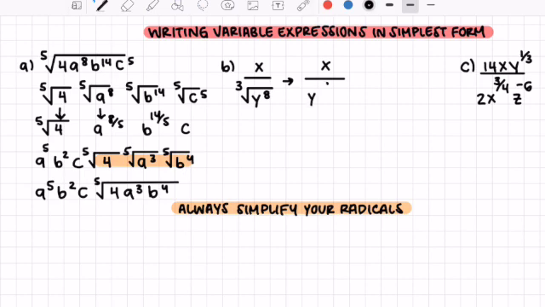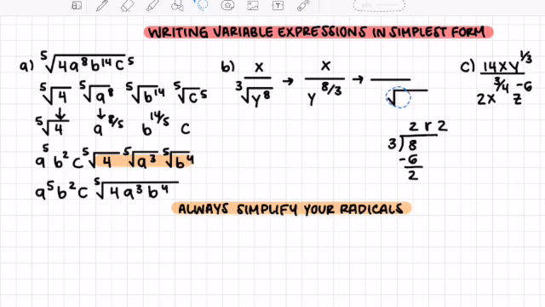So we get here 8 over 3. And then from 8 over 3, I could divide 8 over 3, which would be, I could take out 2 3's, and that would give me the remainder of 2. So this would turn into being, on the outside, I could take out,